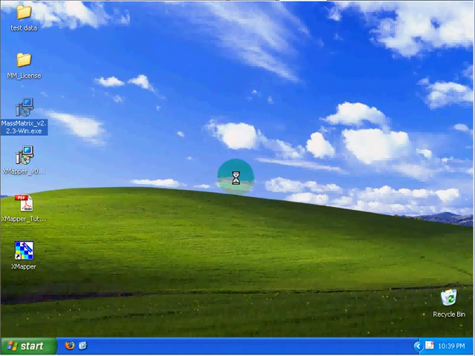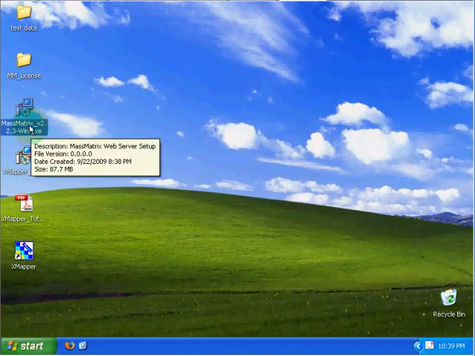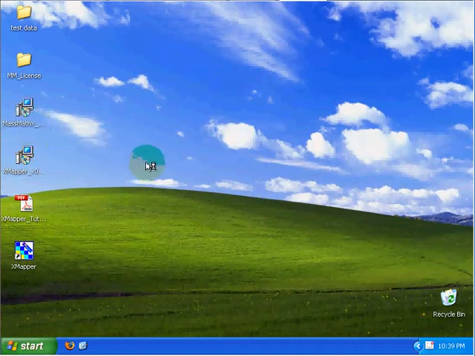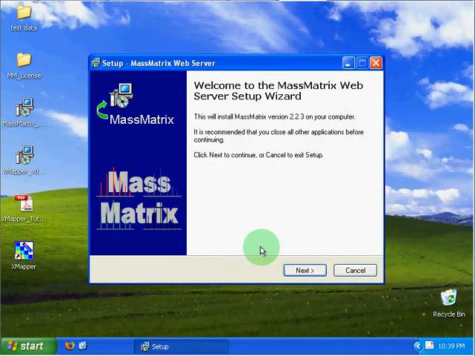In this tutorial, I will demonstrate how to install MassMatrix web-based search engine on your Windows PC. In order to install MassMatrix on your PC, you will have to download the package. After you download the package on your computer, double-click the package to run it, and then follow the instructions in